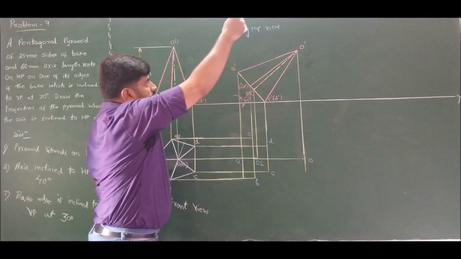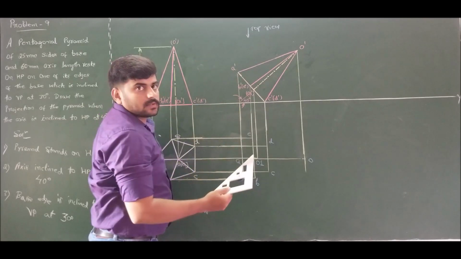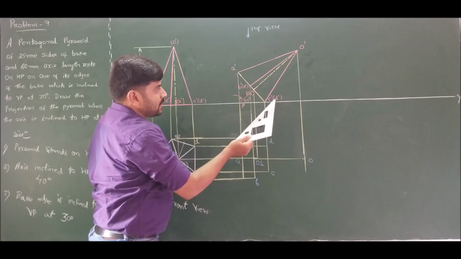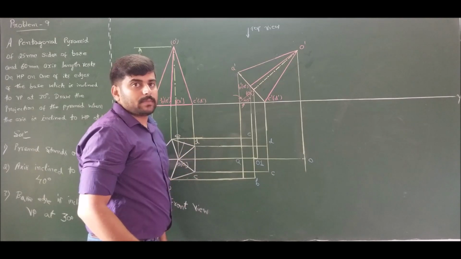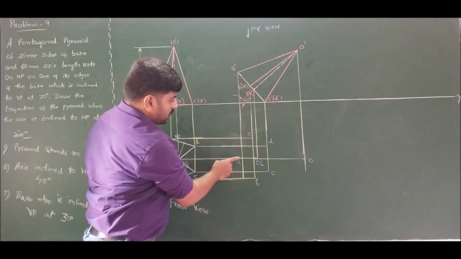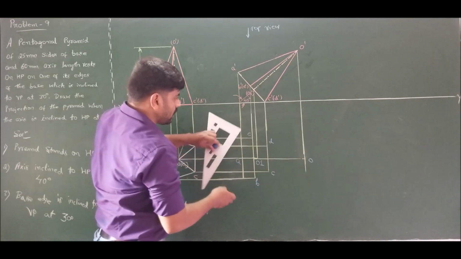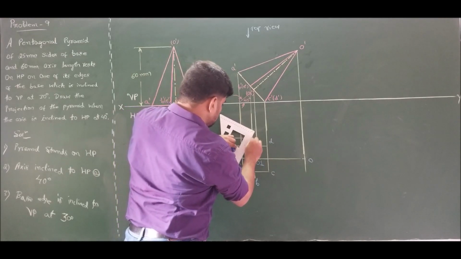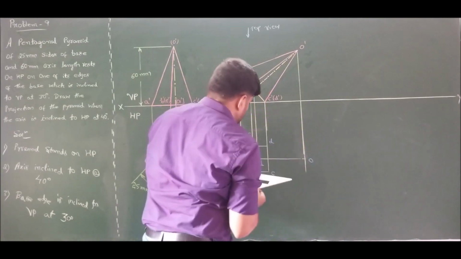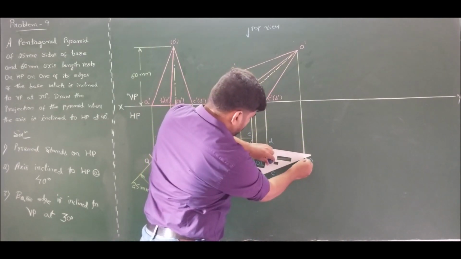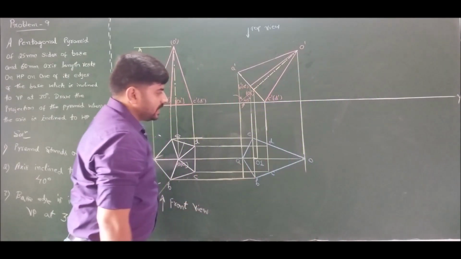In the top view, the observer will be here. For the observer, the farthest corners are C prime and D prime. All the edges emerging from C prime and D prime are invisible except those that lie on the boundary of the pyramid. The boundary of the pyramid is A, B, O, E and again A. Let us mark the boundary of the pyramid to avoid confusion about invisible edges. It is A to B, B to O and O to E. This completes the boundary of the pyramid.